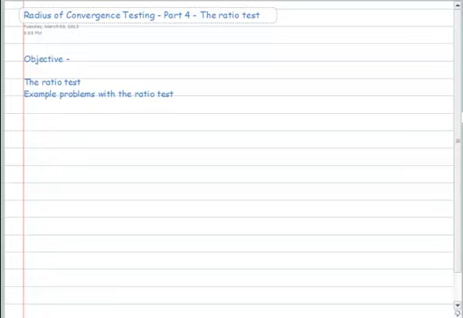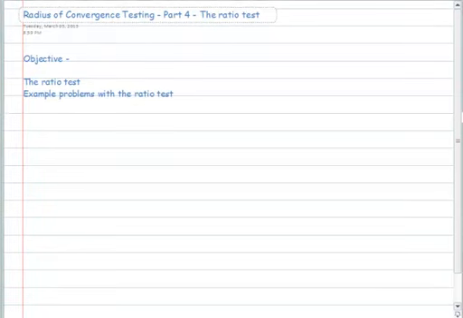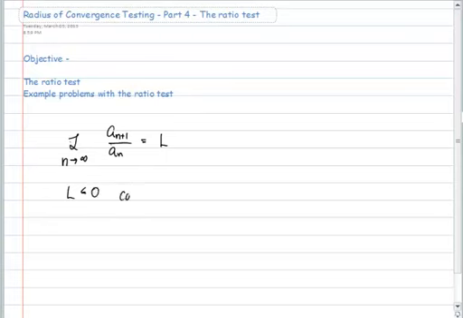Again, as the definition says, we have the limit as n goes to infinity, and what we compare is the ratio of our next term divided by the term right behind it, and we want to see what value that reaches. Now, if L is less than 0, we have convergence. If L is greater than 0, we have divergence. And if L is equal to 1,